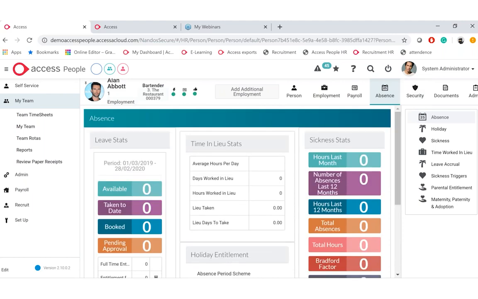As you know, it's hard with the mobile workforce because they don't always have an email address to communicate with their team leader. So when they're off shift, they can just go onto their mobile phone and request holiday, which will always need to be approved. They will also be able to access their sickness and any leave accruals as well. And like I said before, this site is completely mobile responsive.